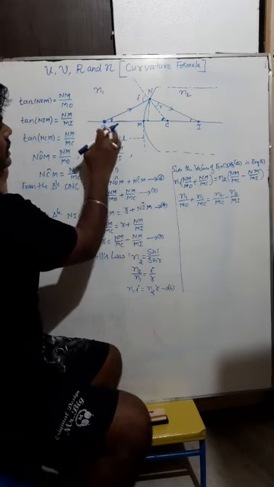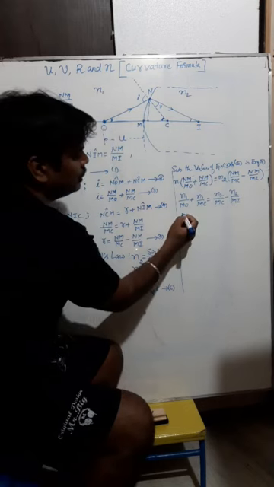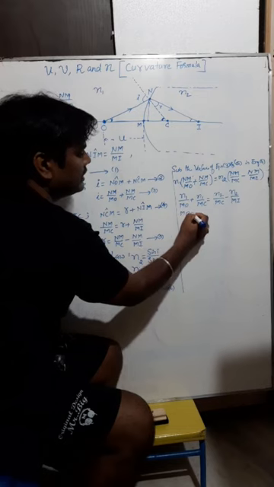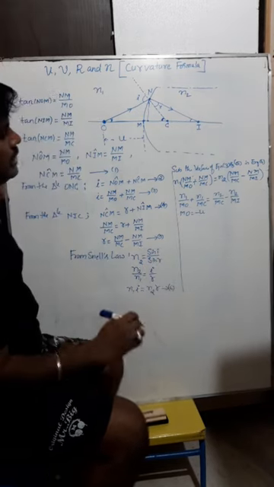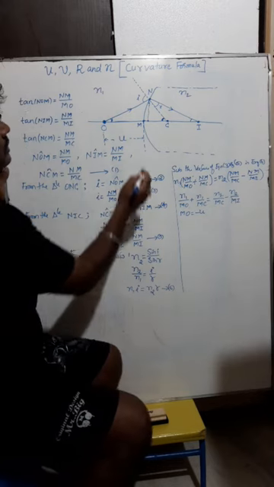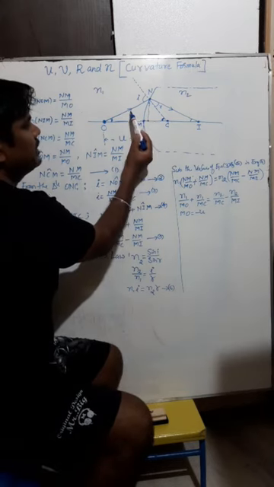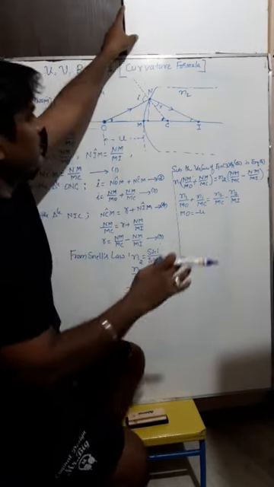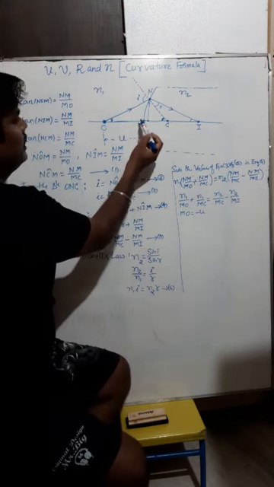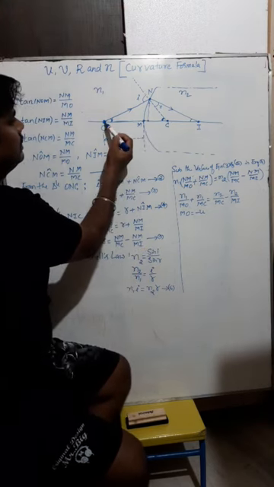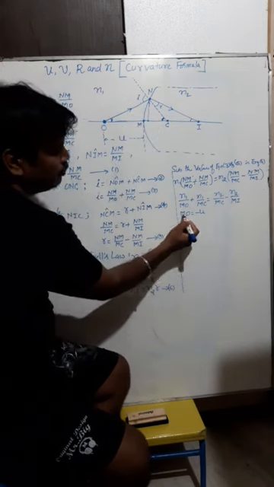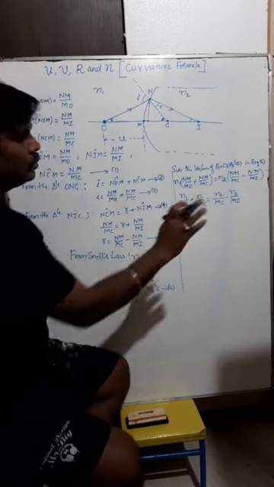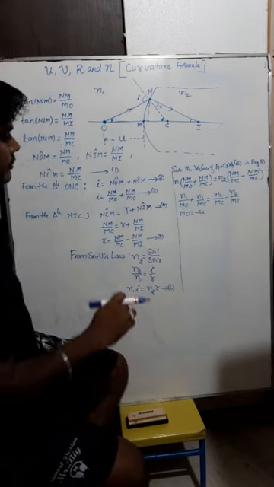Here, from here to here it is U. But while writing the U value from sign convention, here Mo is considered as minus U. Why is it minus U? You already know that, according to sign convention, if you are measuring the distance against the direction of incident ray, we are measuring from here to here against the direction of incident ray. That's why Mo is considered as minus. This is very important here. If you are not taking minus here, the whole final equation will go wrong.